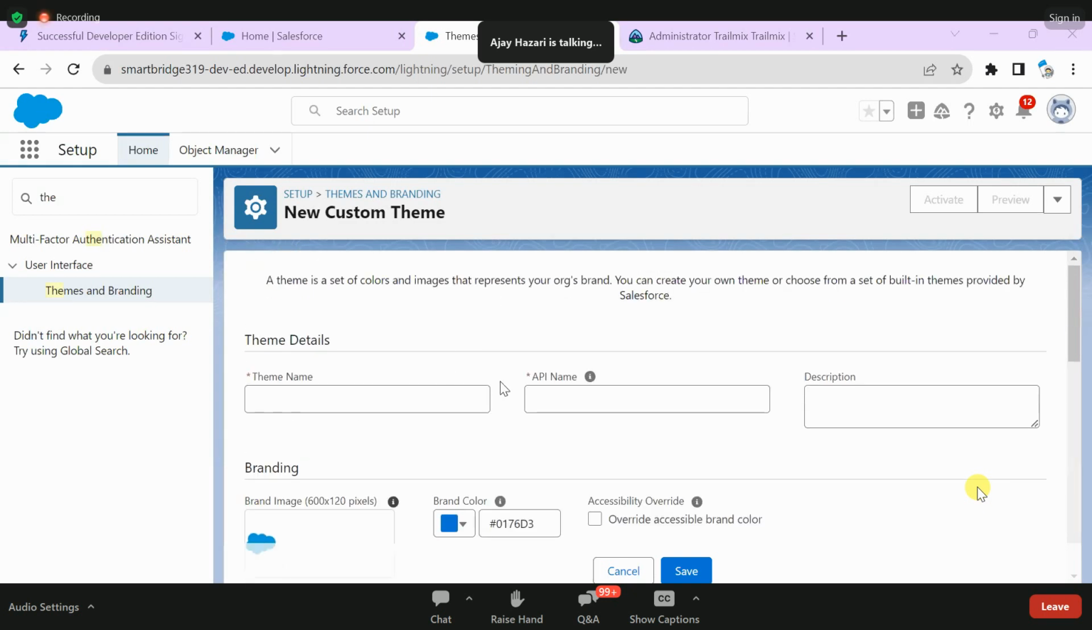So for now, for my use, I'm just creating a new theme, and here you can see theme name. So let us give it as cohort for theme name. I'm just giving it, and here this API name is